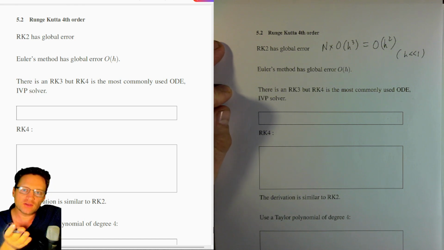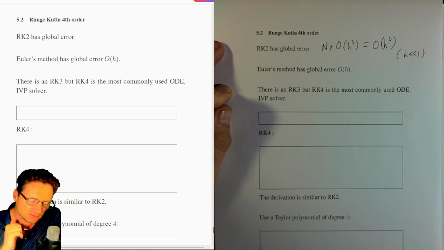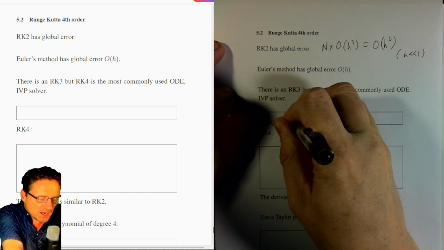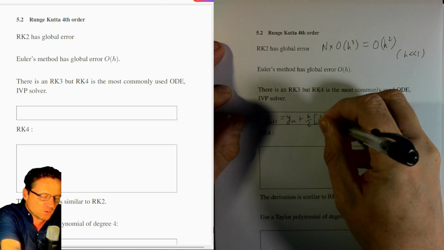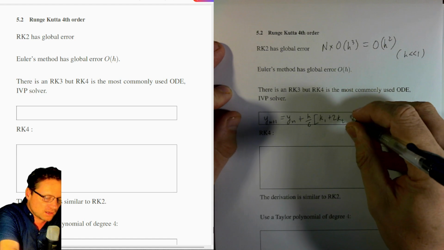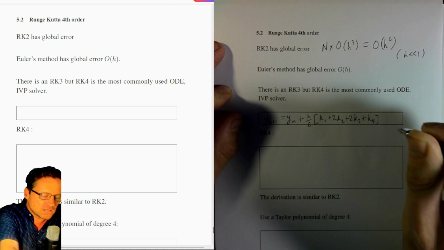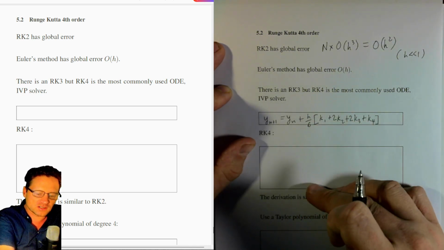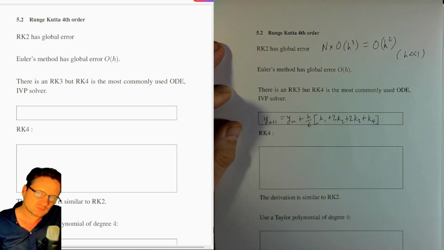And remember, what you get is a collection of points that hopefully closely matches the analytic solution. Okay, yn+1 is yn plus h/6 (k1 plus 2k2 plus 2k3 plus k4). So this is RK4. It looks very simple there. We have 4 functions to set out here. And so this is developed from the 4th order Taylor expansion, making this RK4,